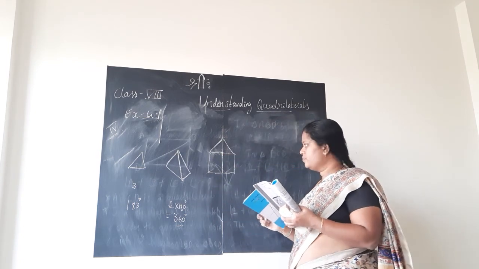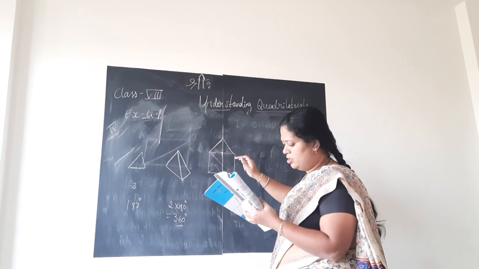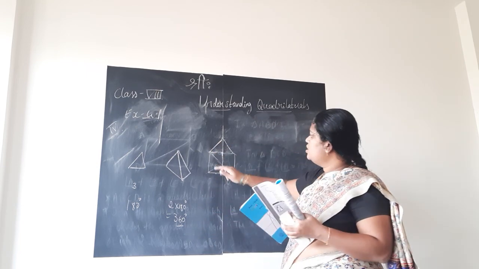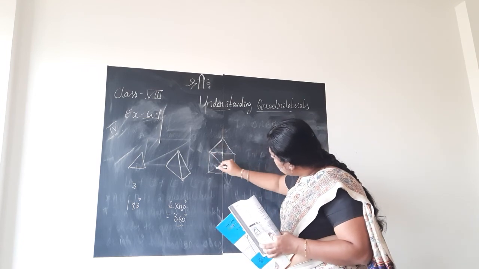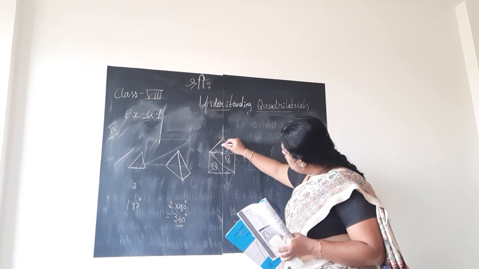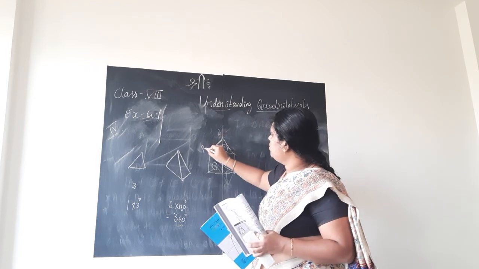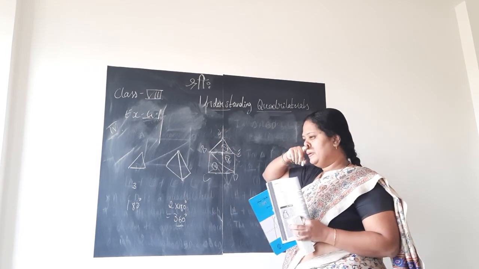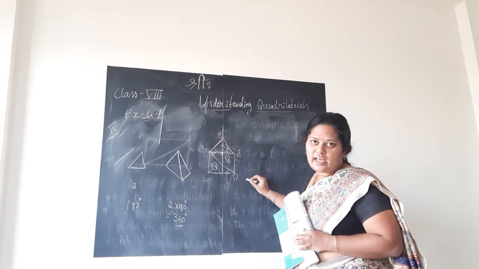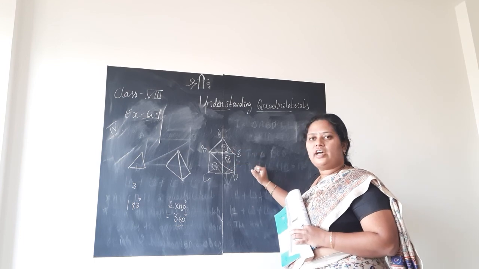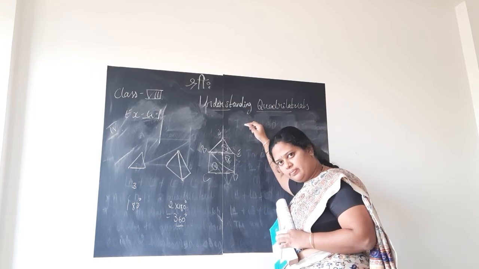That becomes the, or like this they have joined. This also you can draw. 2 diagonals you need to draw. Like this. So these 2 diagonals will divide this pentagon into triangle 1, triangle 2 and triangle 3. This is one diagonal. I will label it for you. A, B, C, D, E. If I label, BE I have joined and BD I have joined, which are the diagonals. So the 2 diagonals which I have drawn are dividing the pentagon into 3 triangles, 1, 2 and 3.